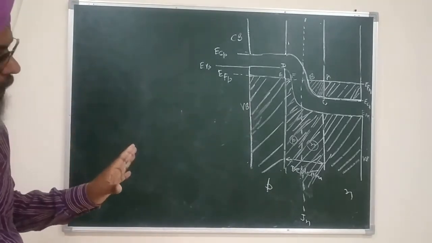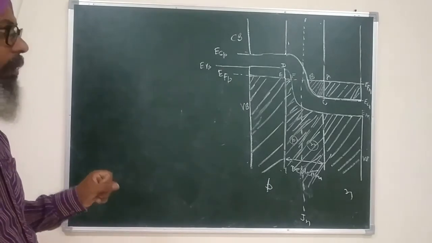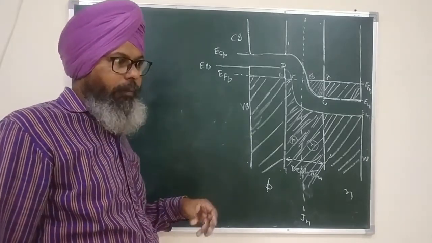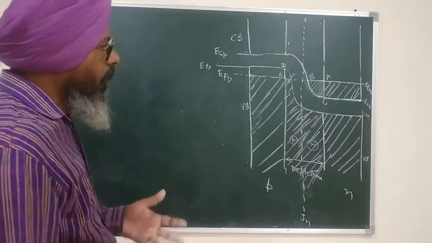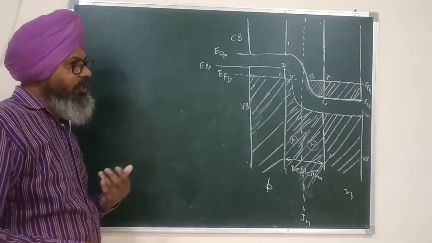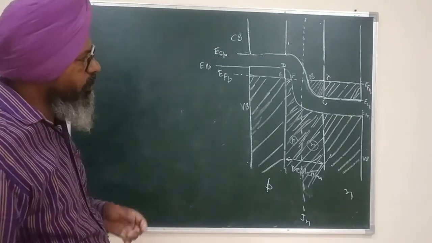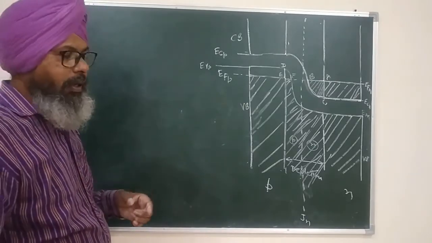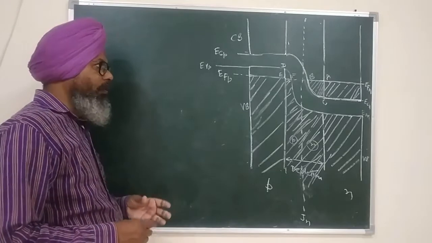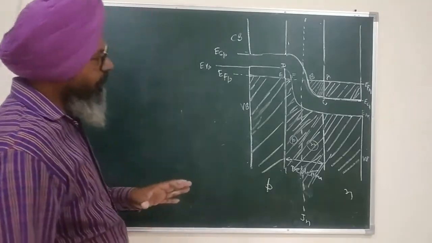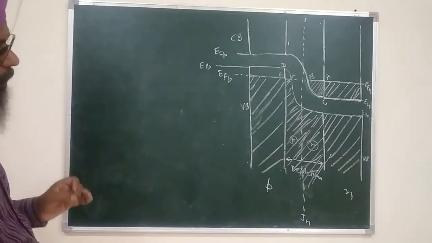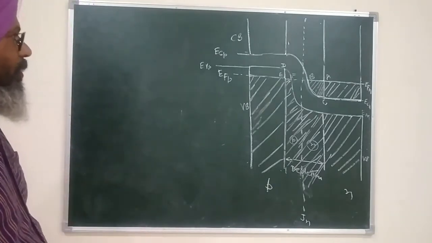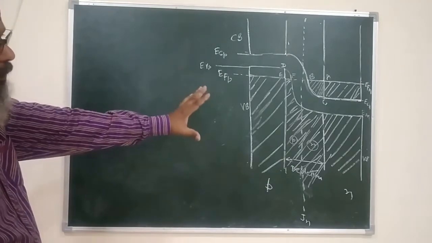Now, if you have understood this energy level diagram, I have put my 100% energy into explaining this, so I believe that you should get it. If you are unable to understand it, I would request you to rewind this part of the lecture and listen to it carefully by keeping your eyes on the board. Then I think you should get the part that I am trying to stress so much, because it is so important. Okay, now this is before biasing.